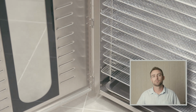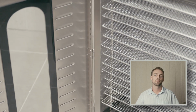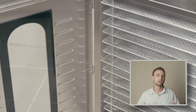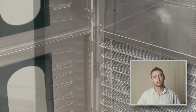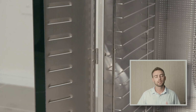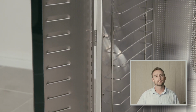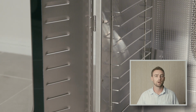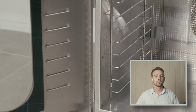Our units come with commercial grade double-walled stainless steel housing. Now the reason this is important is because it actually leads to better energy efficiency and also more even drying throughout the actual chamber itself. So instead of the outside of the machine heating up and then that heat being lost, that's going to be contained inside of the actual drying chamber and used to dry the food,